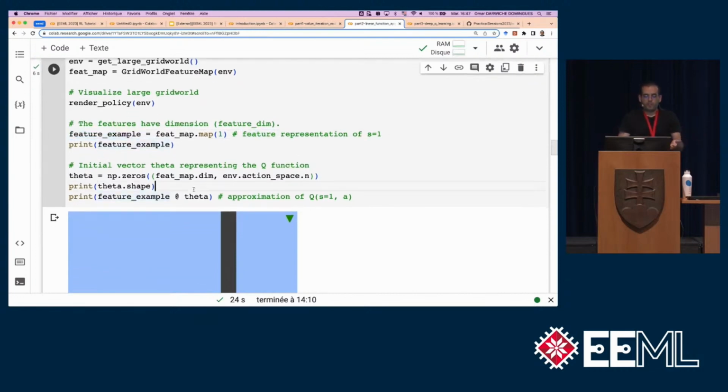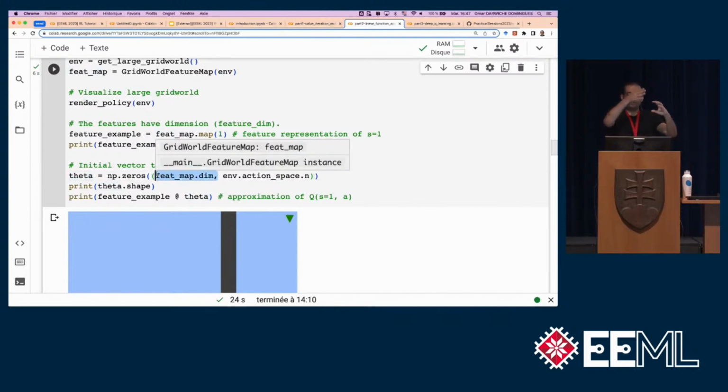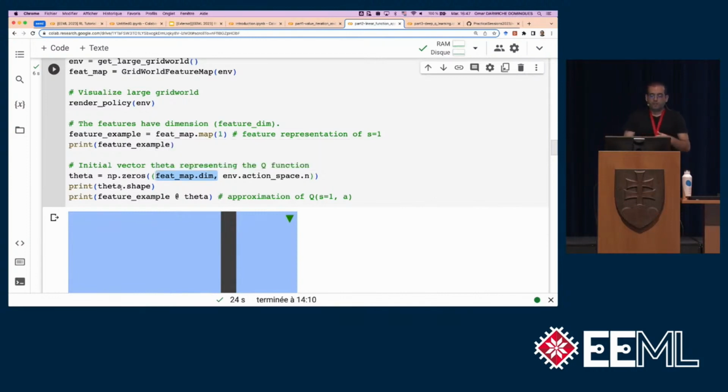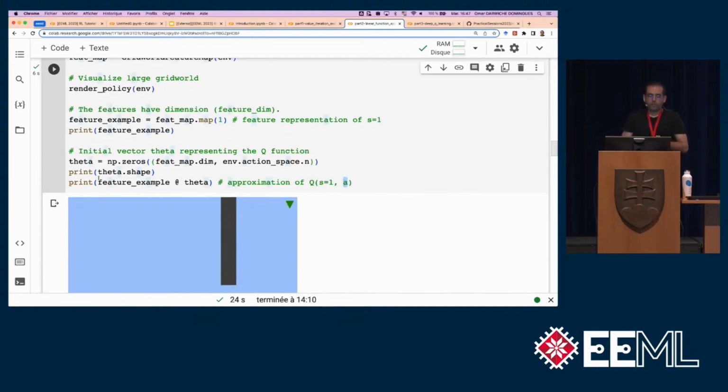And if you have a theta, our value function will now be described by a parameter theta. And here is the dimension of the feature map. And we have a feature for each action, so that you can have a different value for each action. So there's one parameter vector, parameterizing the Q function, per action. So in practice, if we want to compute an approximation of the Q function for the state and a given action, and for any action, we can compute this